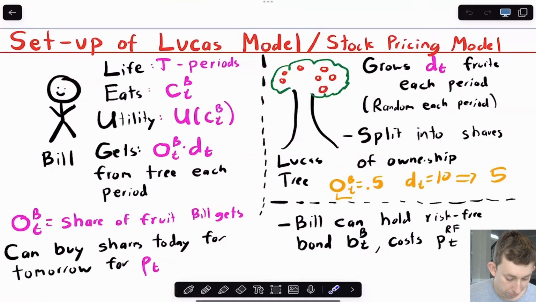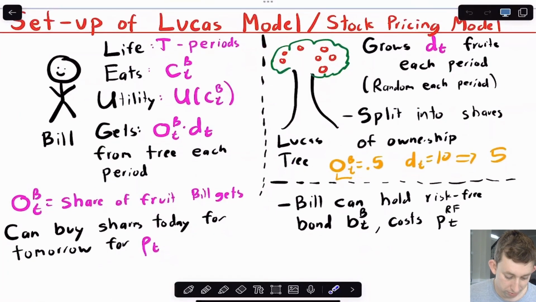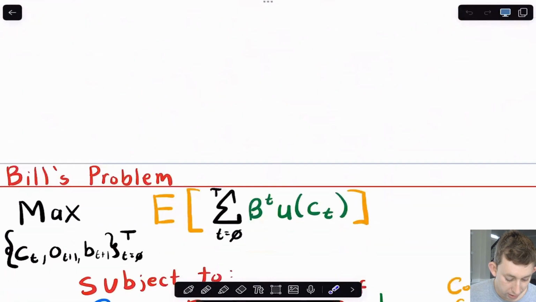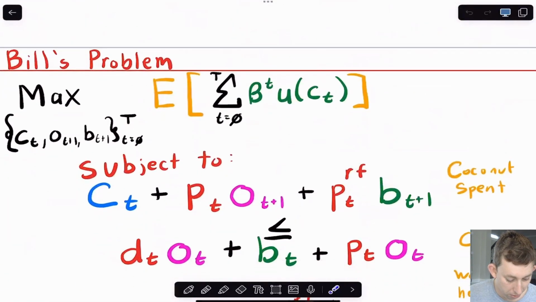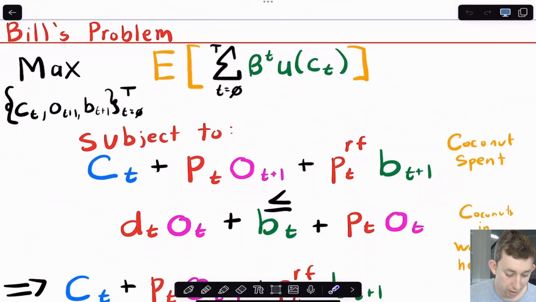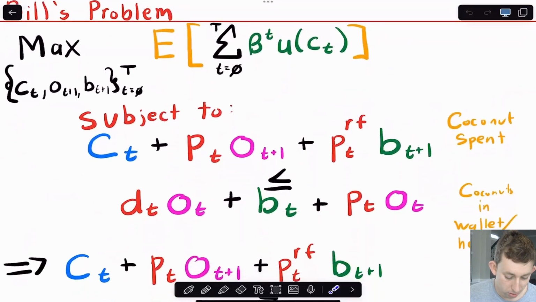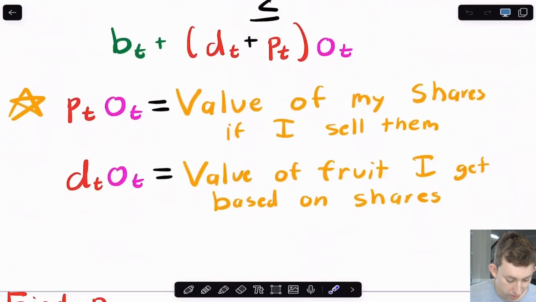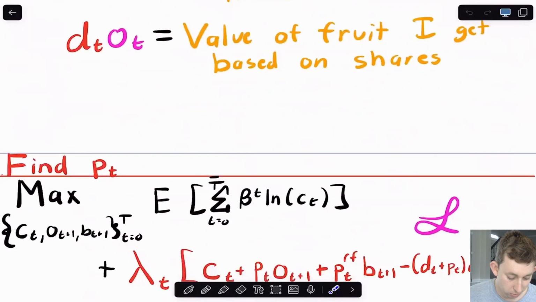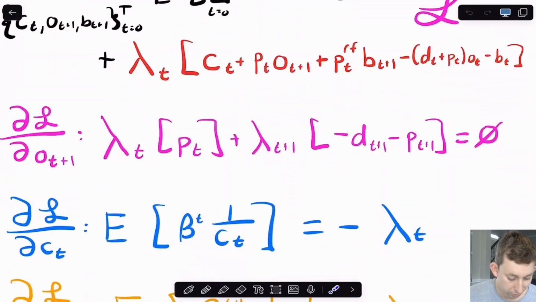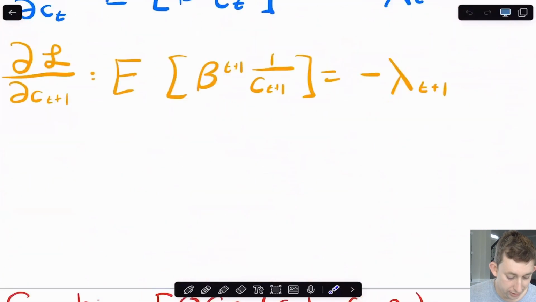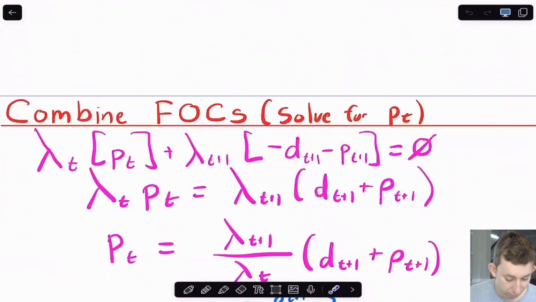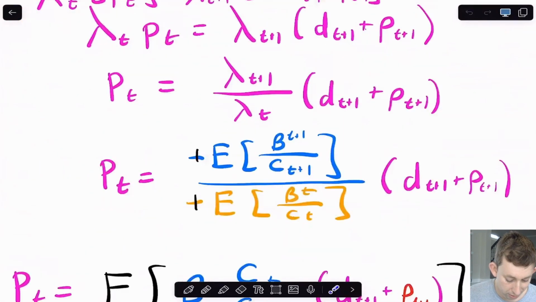So in part 1, we talked about this setup. We talked about building the Lucas Tree. But the main thing that we did in part 1 that was important is we set up Bill's maximization problem, where we had a more complicated budget constraint than some of the other models that we've seen. So all we did is we cleaned that up a little bit. We talked about exactly what P_t and D_t were, and then we used some first order conditions to find P_t. And we found that when we had to find this P_t formula, it started to get really